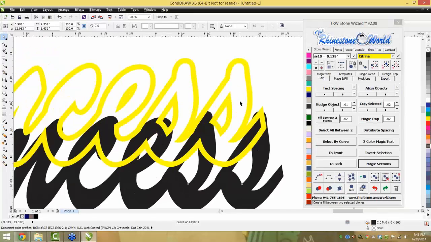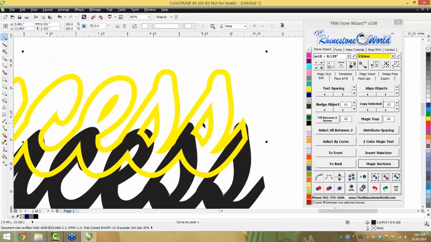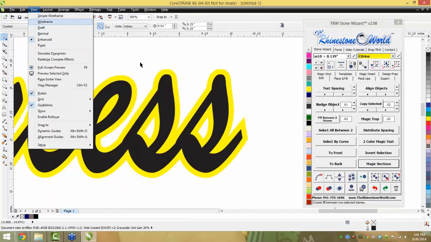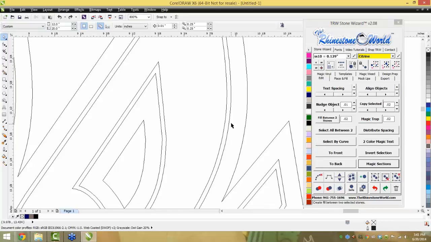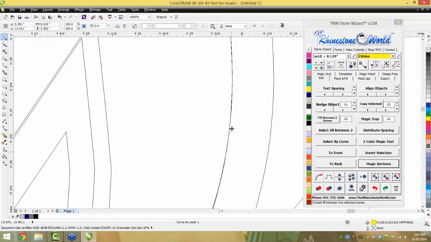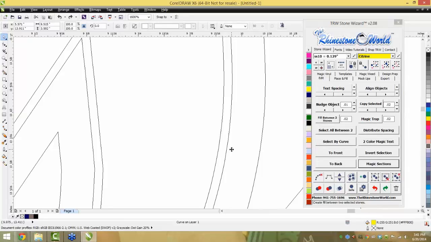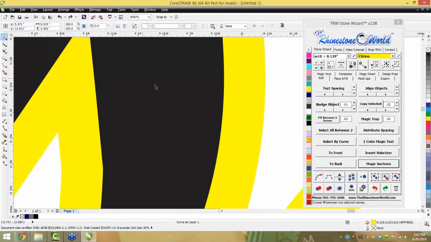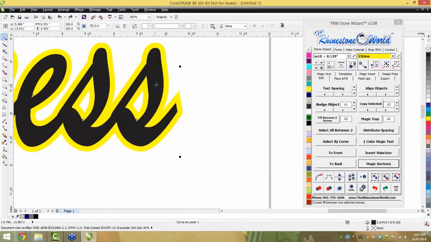With 1 click right there, it took all of that out back behind it, so this black is going to get a full adhesion to your actual shirt. But not only that, if I go to my wireframe, see that? It has a slight overlap. Because if these lines right here were lined up perfect, it would be impossible to layer those with the glitter vinyls, because you're going to hit different spots where your shirt's showing through. So that's why you trap it, to give yourself a little bit of wiggle room to make it look perfect. Okay? So I can come over here, back to our enhanced frame, and